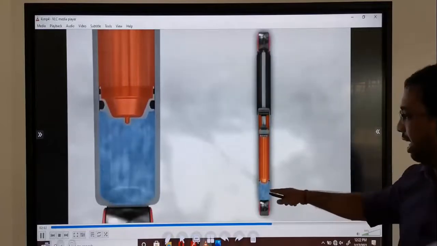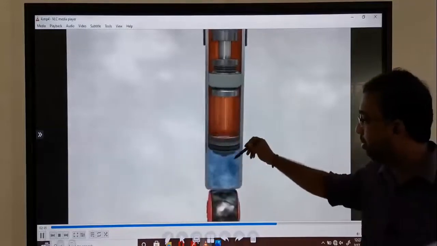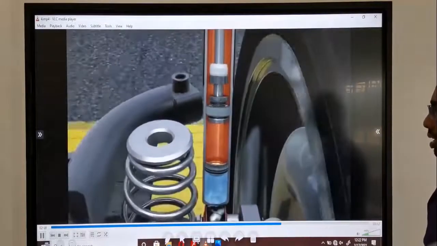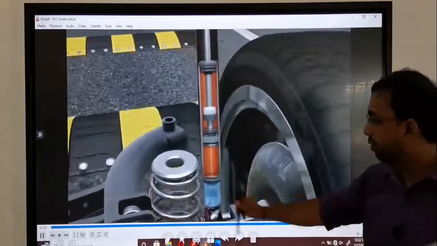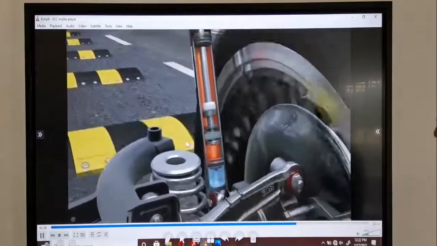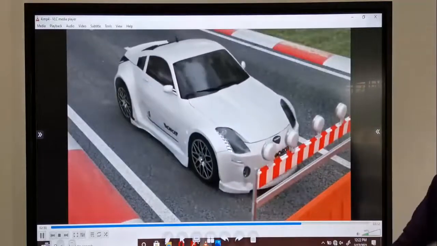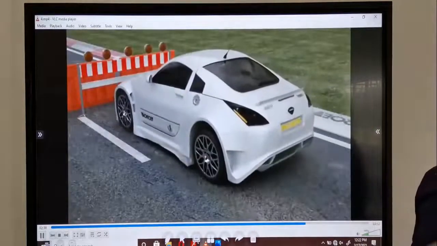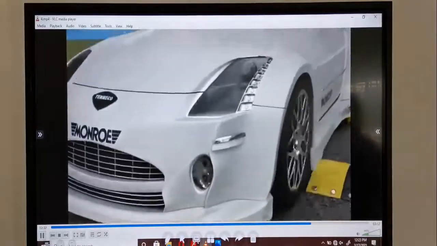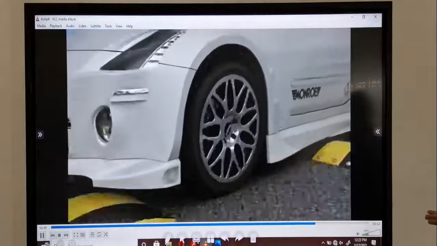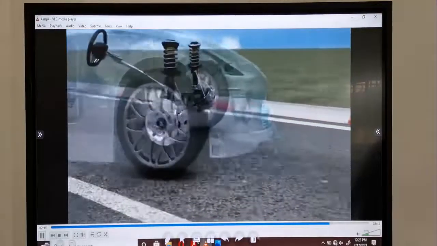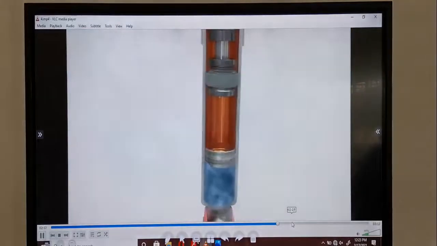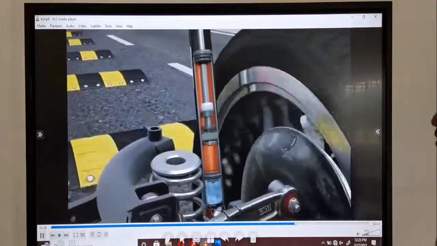If there is a lack of this gas amount, what will happen? This piston can move to the down surface. That time the subcapsule, sometimes they need to change the gas amount, because there is a lack of quantity of this gas. What will happen? This piston can crash with the downside. So this gas prevents that oscillation. Here the gas is also working as a damping. It reduces the amplitude.